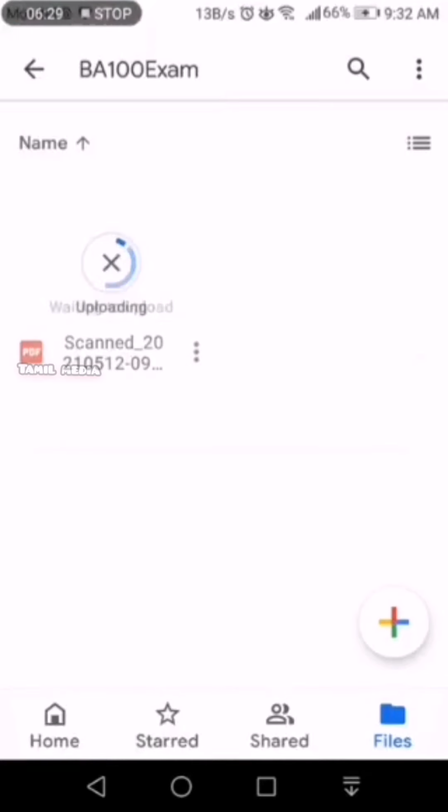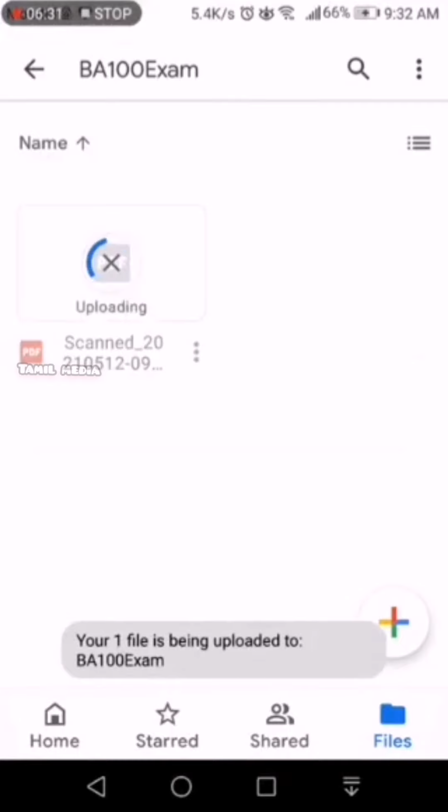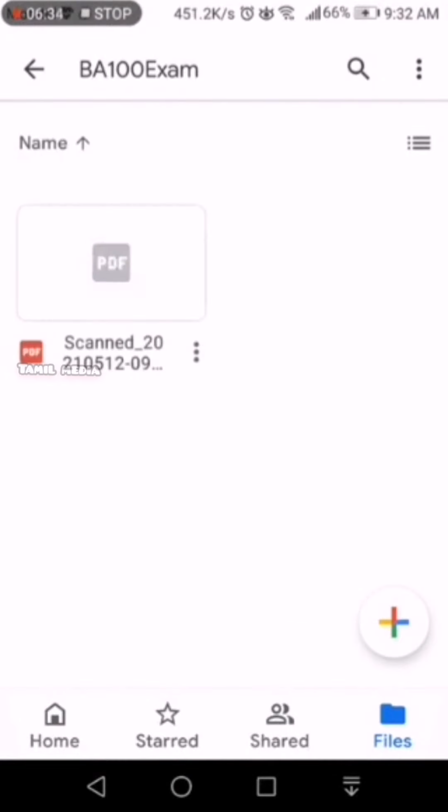Now when you are finished with scanning, you can click on the save button at the right bottom of your screen. Save. Okay, once it's saved, it is automatically uploaded into Google Drive.